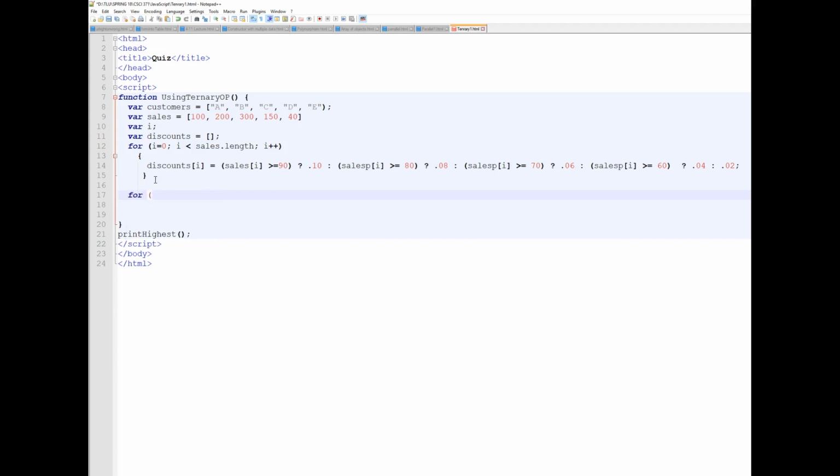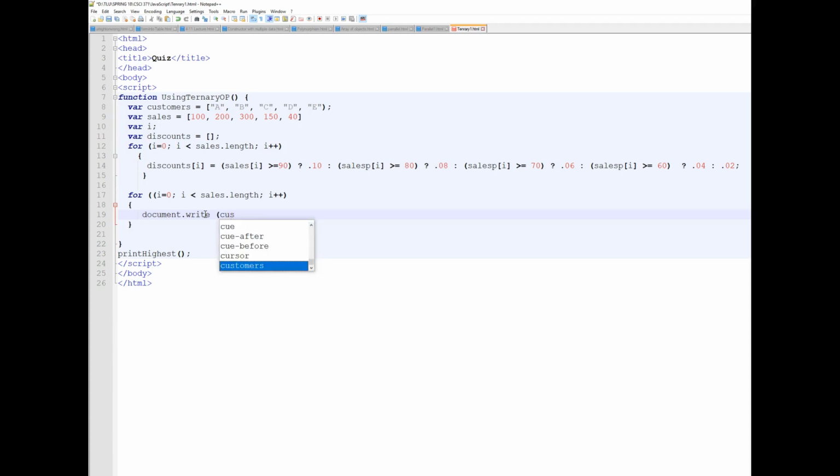I'm going to say here 4, and I'm going to say sometimes here. All right, this is basically the same exact number of iterations. And I'm going to get inside the body of the loop. And here we go. I'm going to say document.write, and we're going to write here the customers. I'm going to say customers with I, okay, with I plus